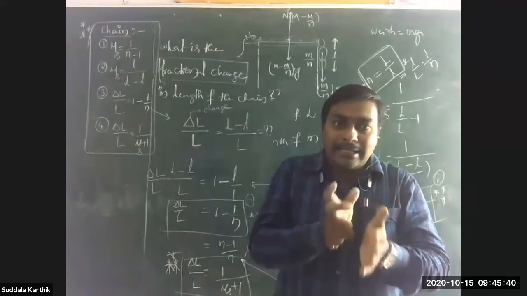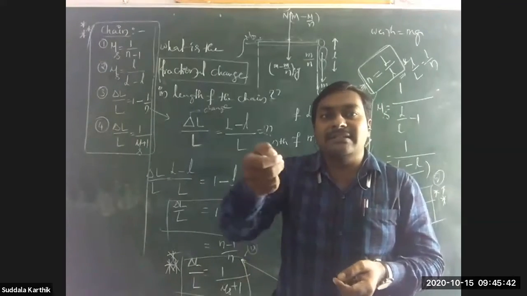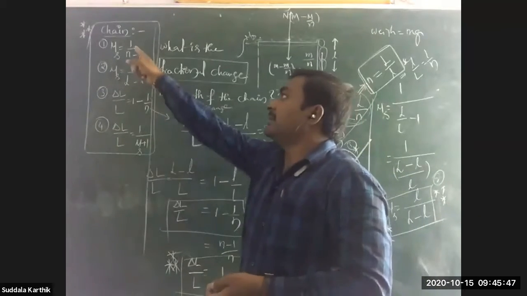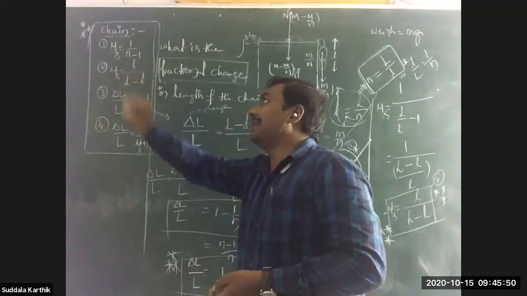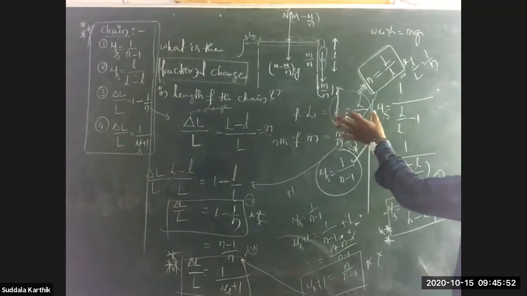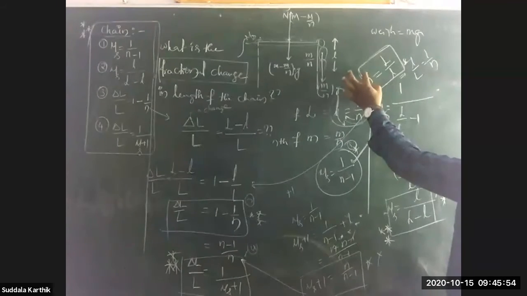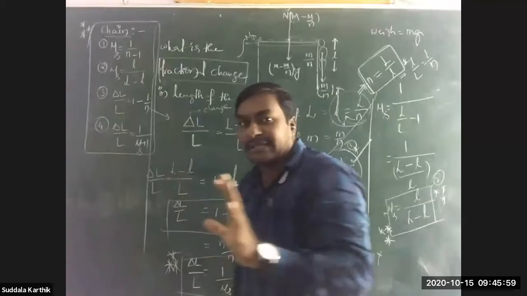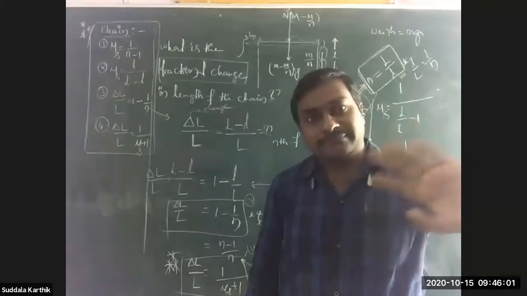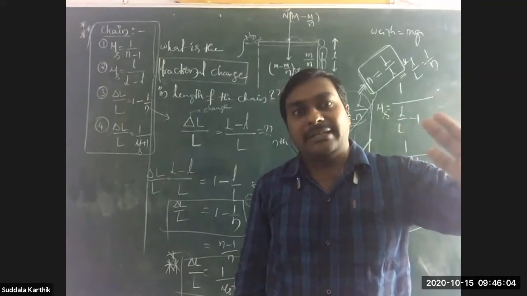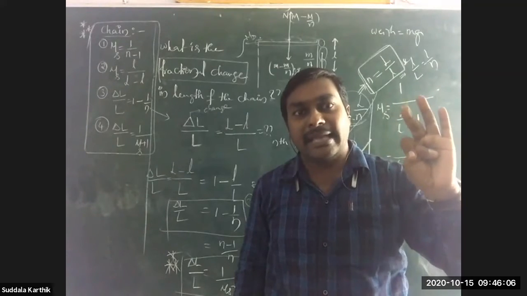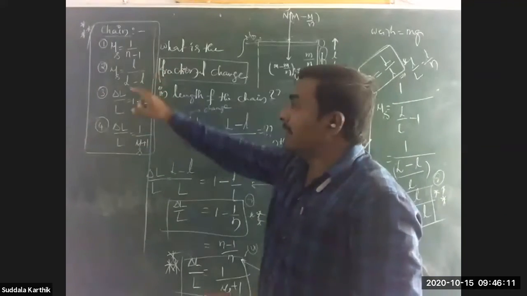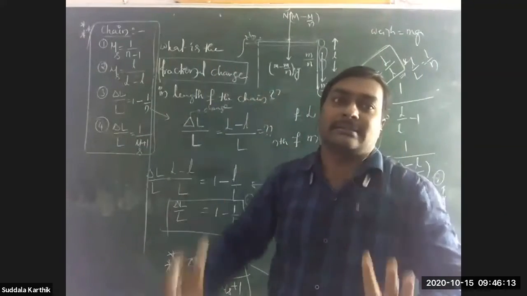So in that tension, if you get stuck anywhere, then what do you have to do, Nana? In this formula, what is n, Nana? With the derivation only you know very well about that n. N is capital L by small l. By remembering like that, that is the objective way. In the objective orientation, nothing but an entrance orientation, IIT, JEE Mains, MSET, NEET, like that examination, you have to remember the concepts and the formulas.